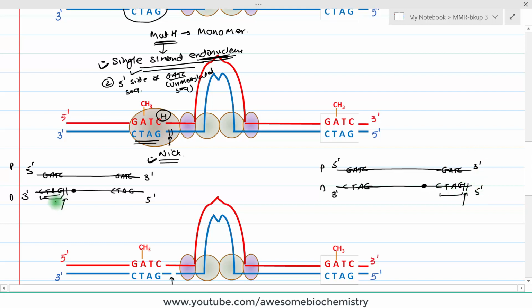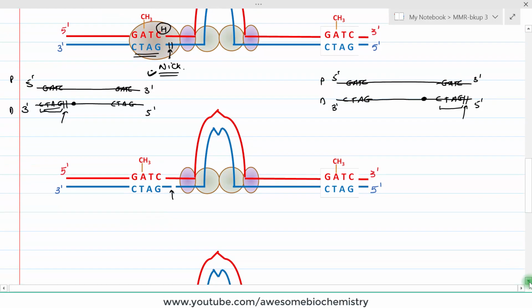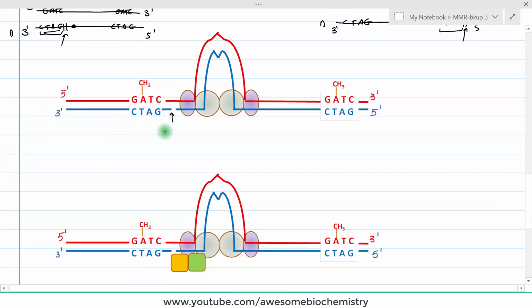So you need to understand this aspect. Why? Because in the next step, this will be very useful to understand what enzyme would be activated. Okay, so keep this concept in the mind while we discuss the next diagram. So now the nick is over here. Once nick is over here, you can see two more ends of the DNA are created. As this is 3' end, then this end is going to be a 5' end. And as this is a 5' end, then this end is going to be a 3' end.